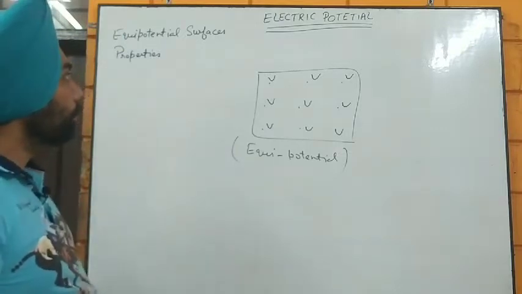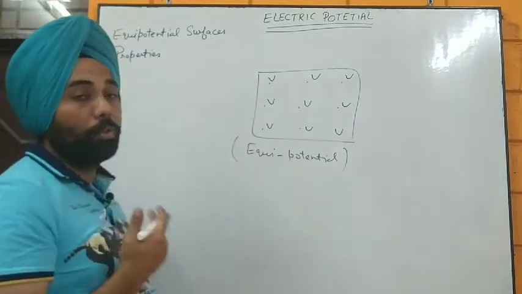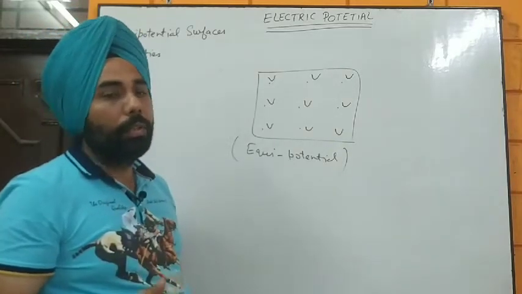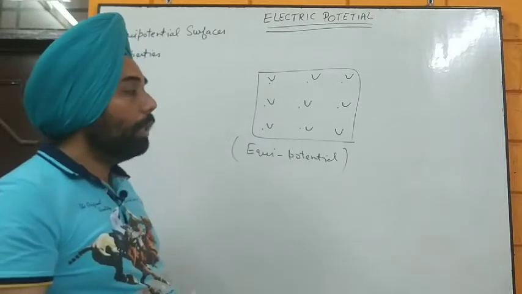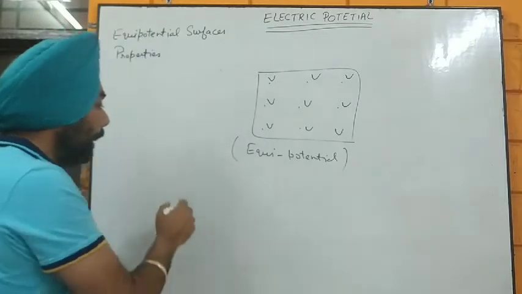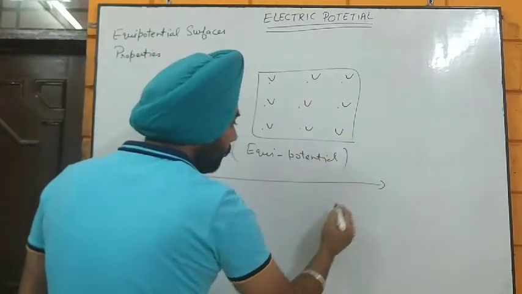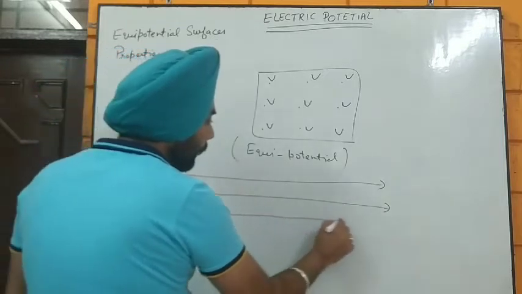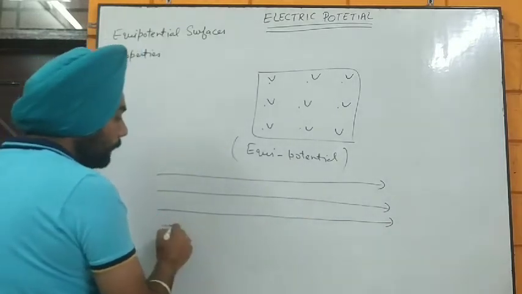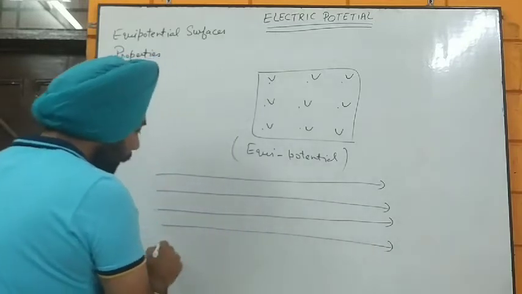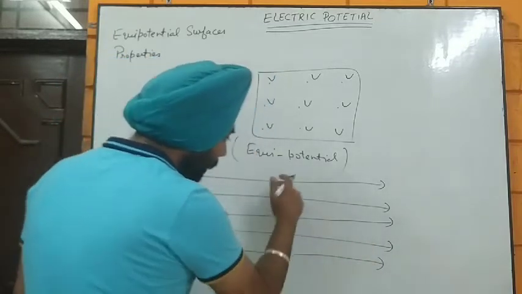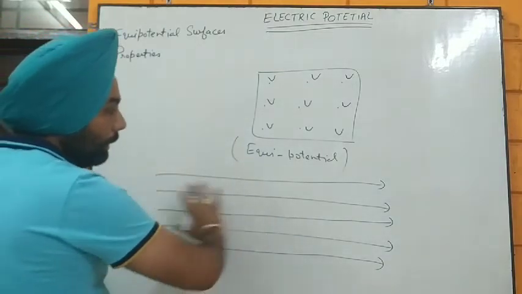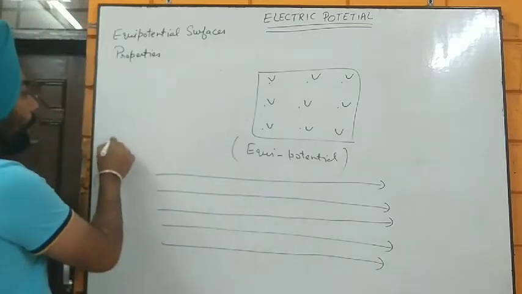So it's very easy. But the equipotential surfaces are of two types. Two types means one in a strong electric field, or you can say uniform electric field, and one is at a point charge. Now, if we have a uniform electric field, what is a uniform electric field? If the electric lines are parallel and equally spaced. So I try to draw lines which are parallel and equally spaced. Hope I'm succeeding in that. So that is a uniform